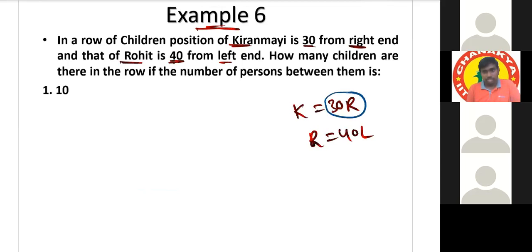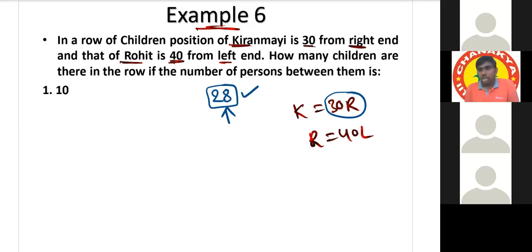30 minus 2 is how much? 28. That means we can accommodate a maximum of 28 members in between in case of overlap or non-overlap? Overlap. Non-overlap means it is possible for any number of people. It may be 1,000 or 100 or 1 lakh or even infinite. So non-overlap always exists. This limit is for overlap.